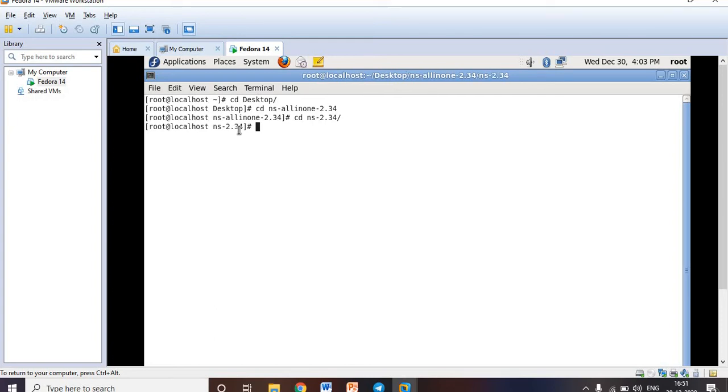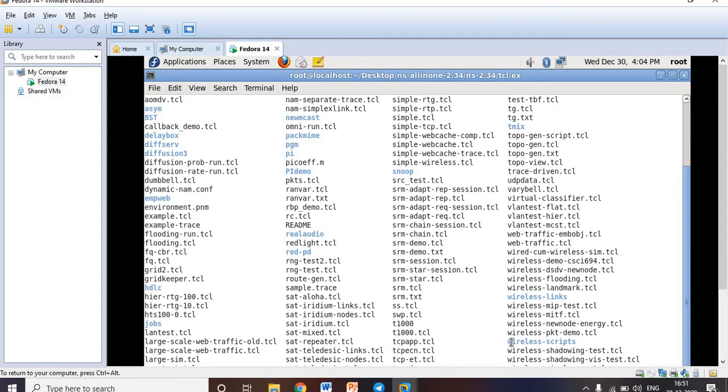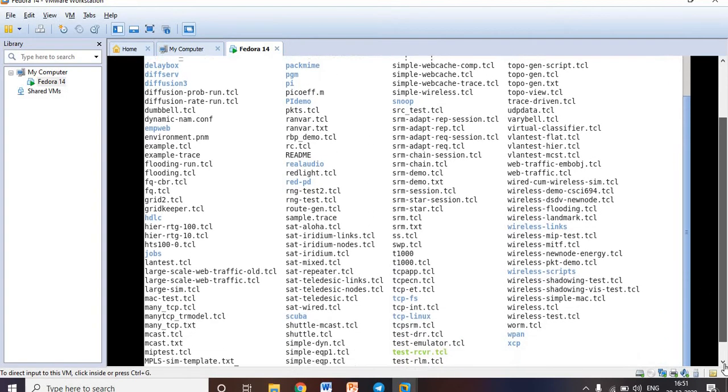Within that I have the TCL folder, correct? So cd TCL, then cd EX. This path you have to remember very carefully. Within this I am checking whether I have wireless scripts or not. To get the list of folders or files I can use the ls command. I'll press enter. Can you see here, wireless scripts I have? Within this I want to save my program.